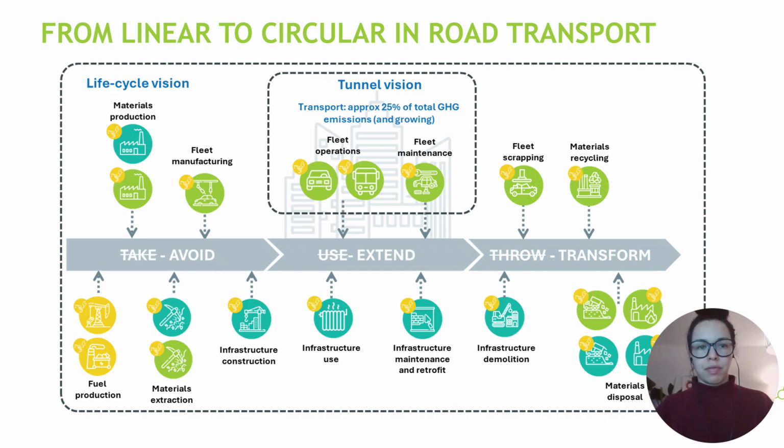of this operational phase. That means understanding the impacts on the process in food production, in material extraction, in vehicle manufacturing, and of course, equally what happens at the end of an asset's lifespan. So how these are dismantled, how materials are recovered, and how they are reintegrated into new products. So for the road transport sector to become generally sustainable and circular, we must adopt this life cycle mindset and strengthen cooperation across sectors such as energy, materials, waste management, etc.